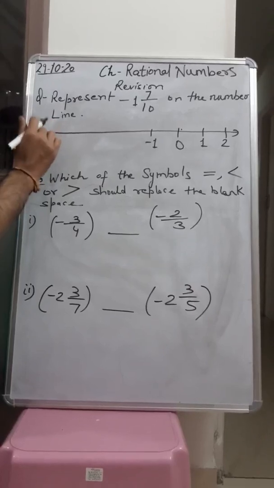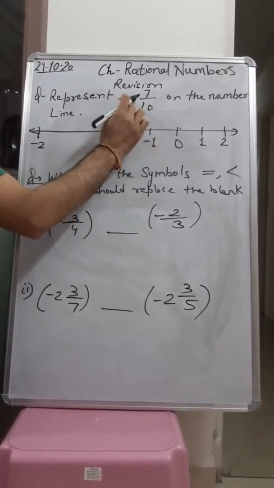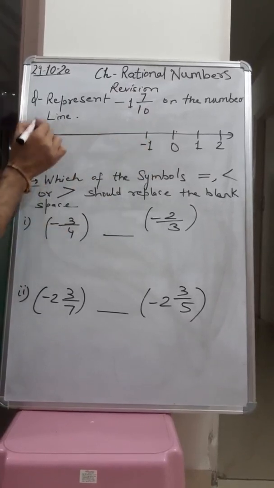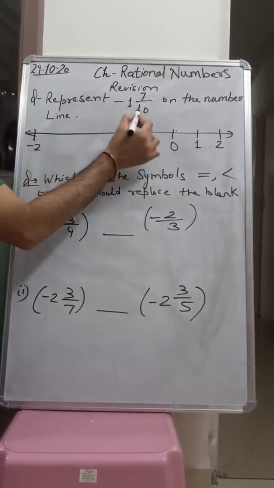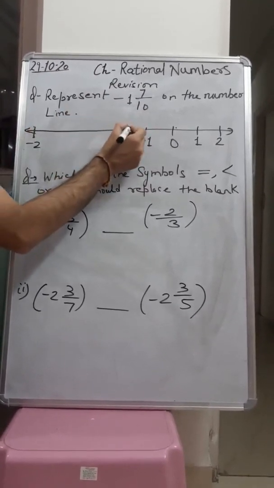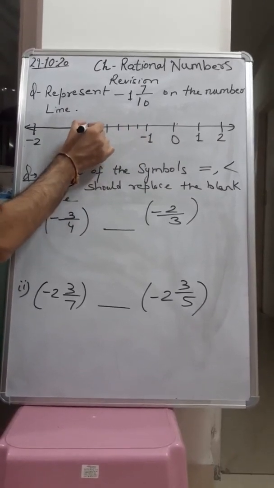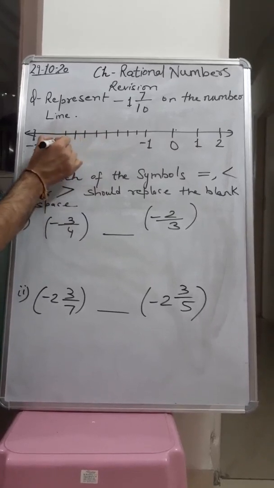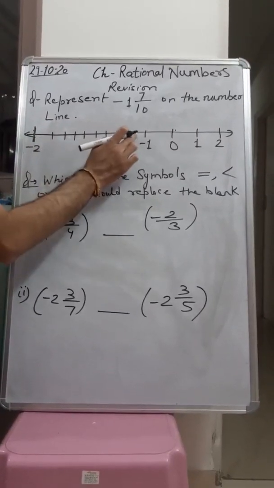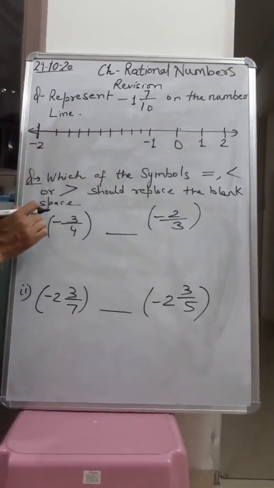So in this way we can take the integers, and after taking integers now we have to see this. Minus 1 has already come, but we have to plot 7 upon 10. That means between minus 1 and minus 2 we have to divide into 10 parts. Why? Because here the denominator is 10, we have to divide between minus 1 and minus 2 into 10 parts. 1, 2, 3, 4, 5, 6, 7, 8, 9 and the 10th part will be minus 2 itself. So 1, 2, 3, 4, 5, 6, 7, 8, 9, 10. The 10th part will be minus 2.